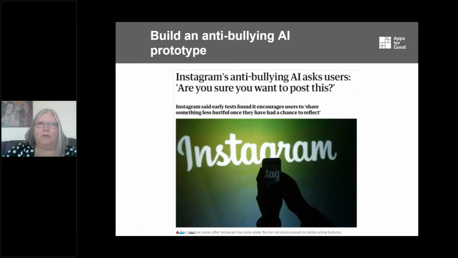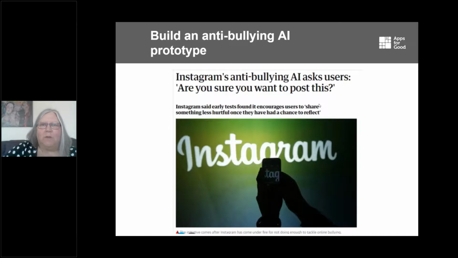Following on from that then, we've had a look at how we're identifying images. What we're trying to do with a lot of these activities is have examples that are relevant to the students. So this activity came from a news report last year, which was about Instagram trying to filter the messages that people were putting up. It wasn't going to block them, but it was going to put up a prompt and say, are you sure you want to put that up? Really to try and iron out inadvertent bullying or upsetting people.